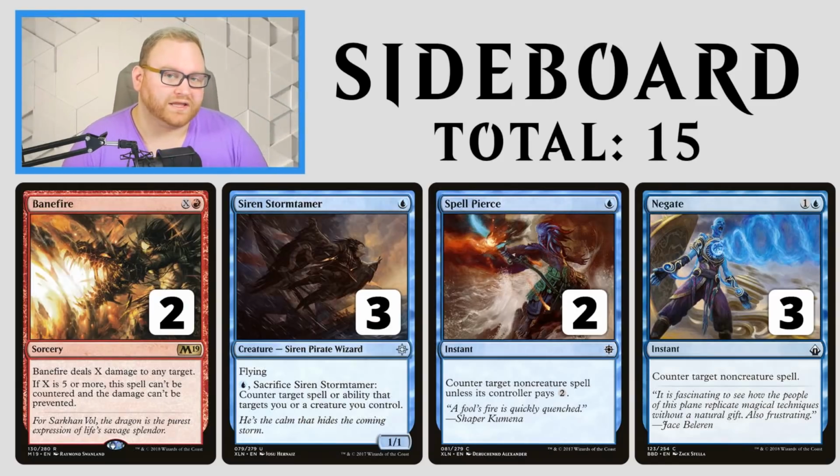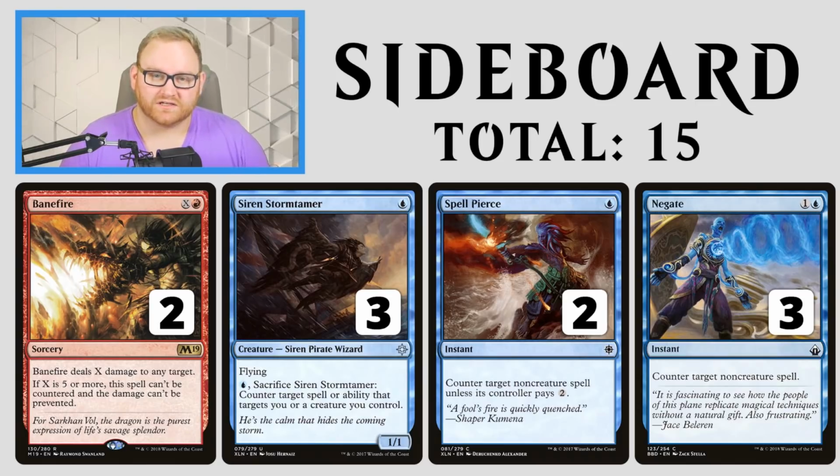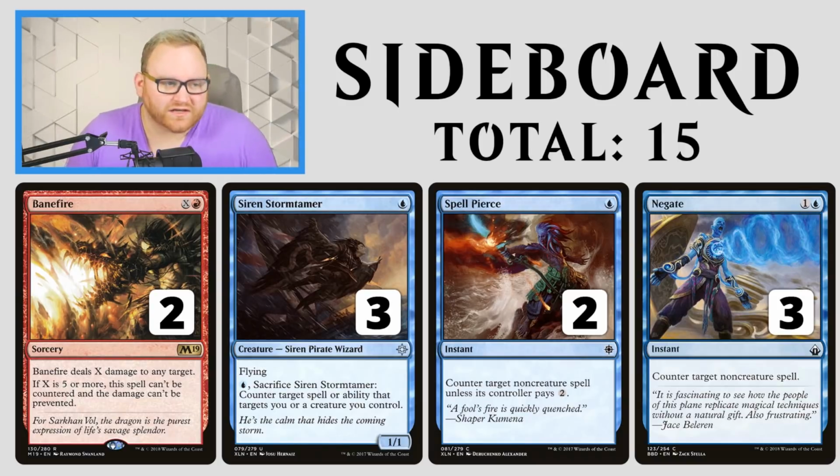So I kind of opted for Negate here over the Wizard's Retort, which is basically the counterspell, the 2 blue, because of exactly that, the 2 blue. It's kind of difficult to get off very quickly, especially in a deck here where you're curving out every single turn. Negate, I feel like, is just a bit better because you're trying to counter away